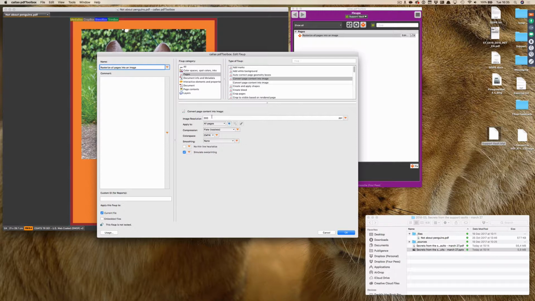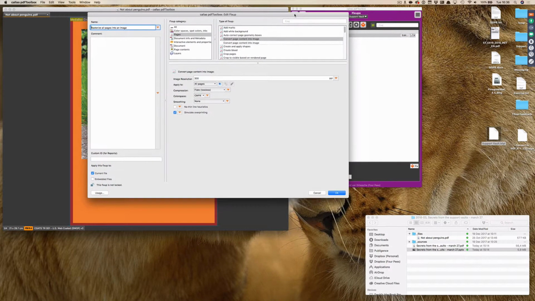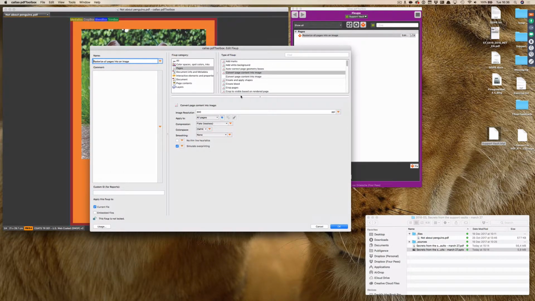If I want to use this in a production workflow because there is a problem with this PDF and rasterization would fix it, then perhaps I want to use 300 or 600 or whatever higher resolution. That was the wrong key that I pressed, my apologies. So I have different uses for this, and I don't want to create multiple fixes, so I'm going to create